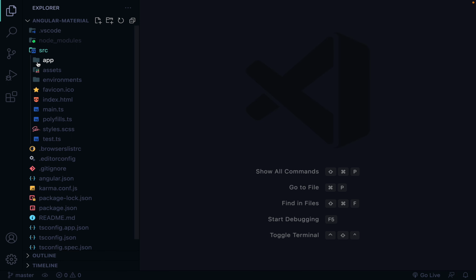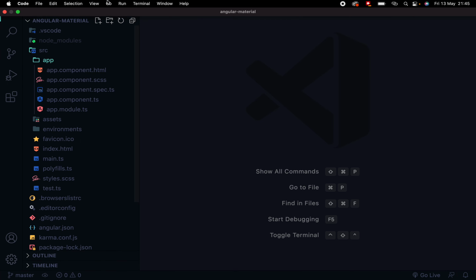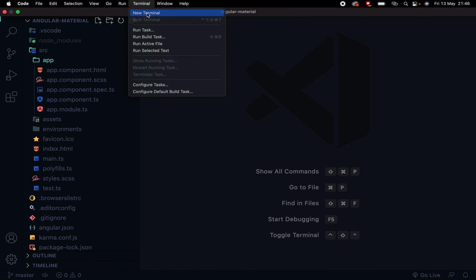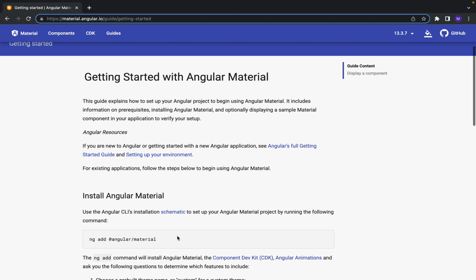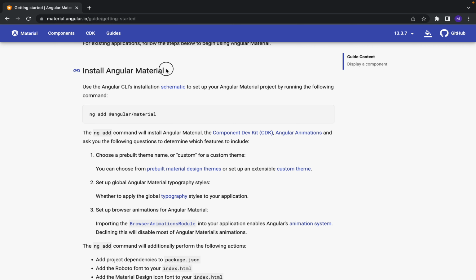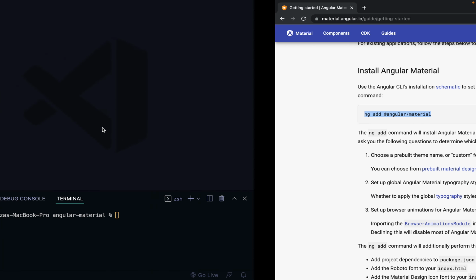Open your source folder, app, and open your terminal. First you should go to this website, material.angular.io. This is the official website where you can use Angular Material components. The first step is we should install Angular Material, which is here, by using this command: ng add @angular/material. I'm going to copy it, and